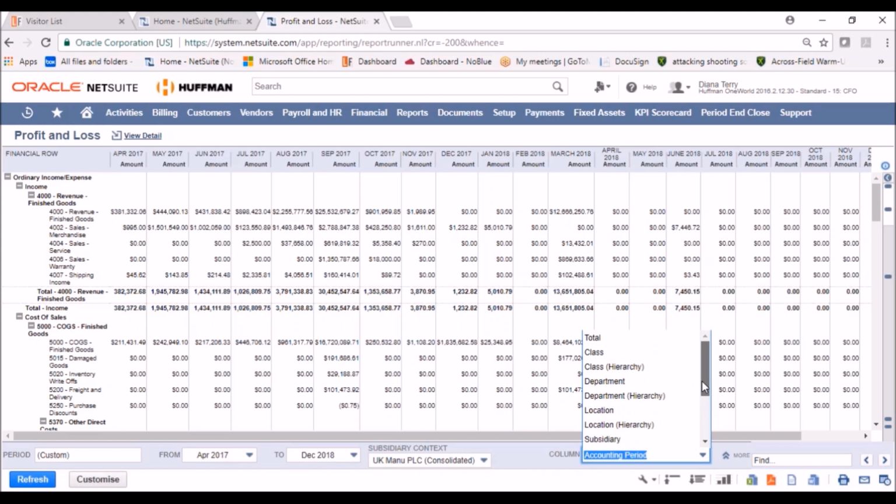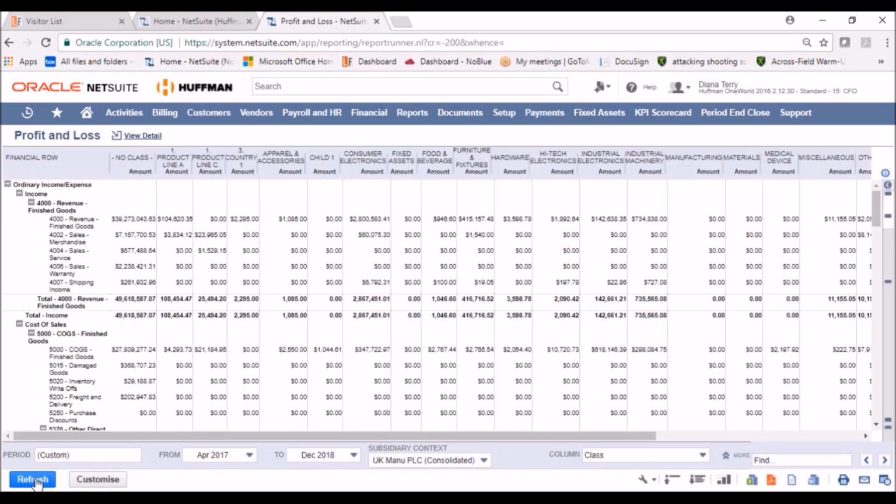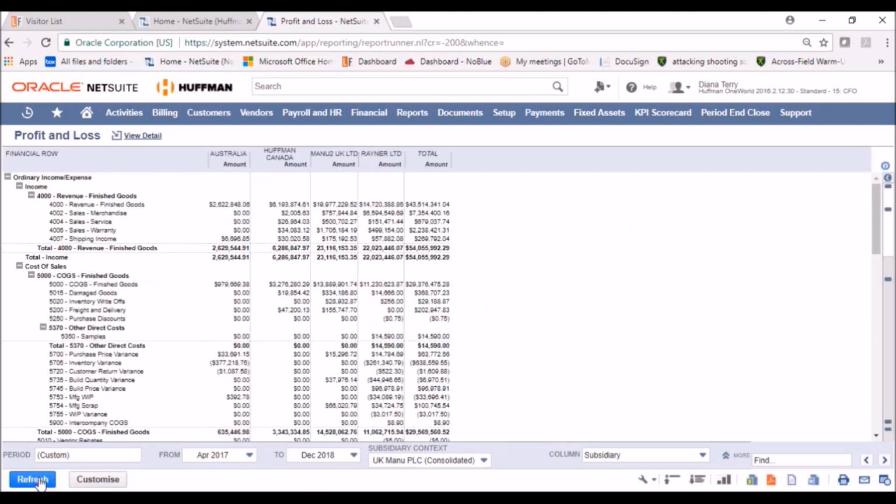We now have standard segmentation, and we have the option to add custom segmentation. So we have classification, department, location, and subsidiary standard segments. NetSuite is the only system that tags records as they progress through the system, and maybe you'd split that P&L out into relevant segmentations that are appropriate. So you can have departments. They could be internal departments, it might be a sales channel, it might be a categorization of products or services, or equally, when we are looking at group management structure, we get to look at the subsidiaries and a particular